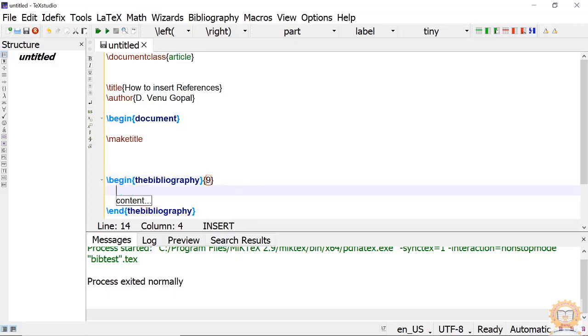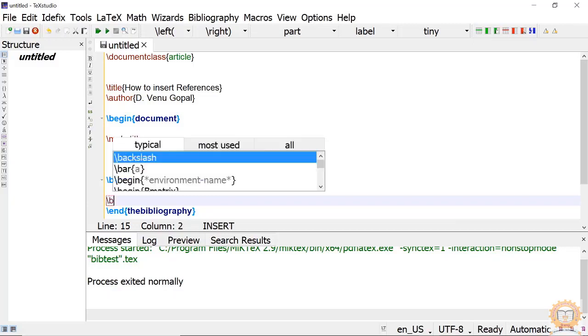Then the other thing in the bibliography is we have to create each and every reference by hand. For that, every reference will be a bib item. Bib item, then there is one cite key.